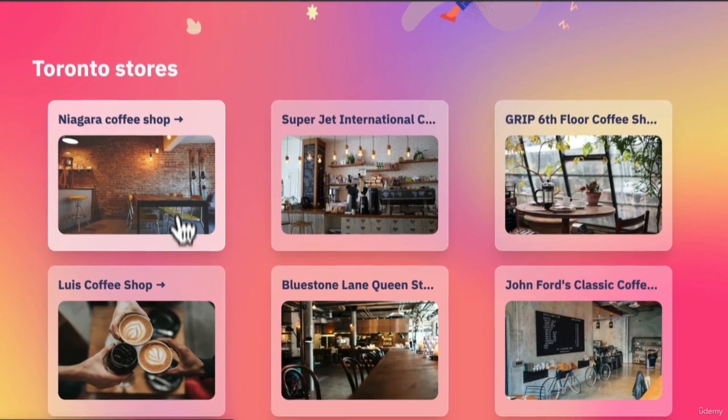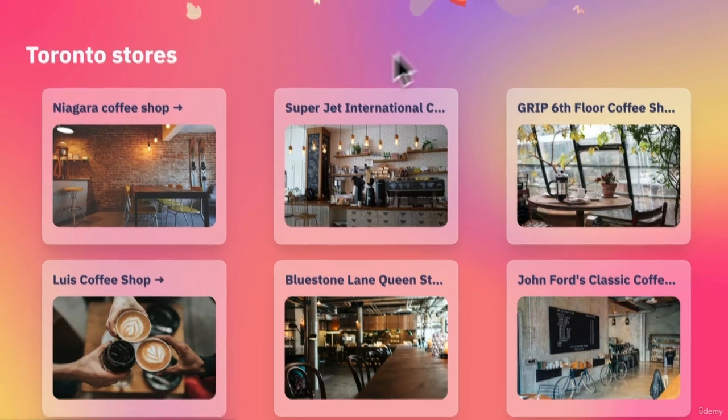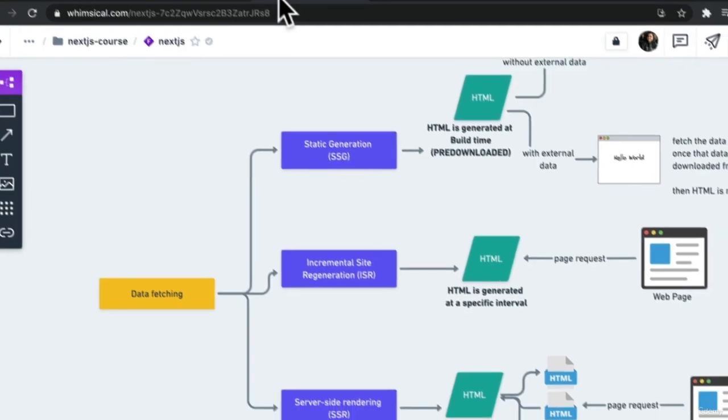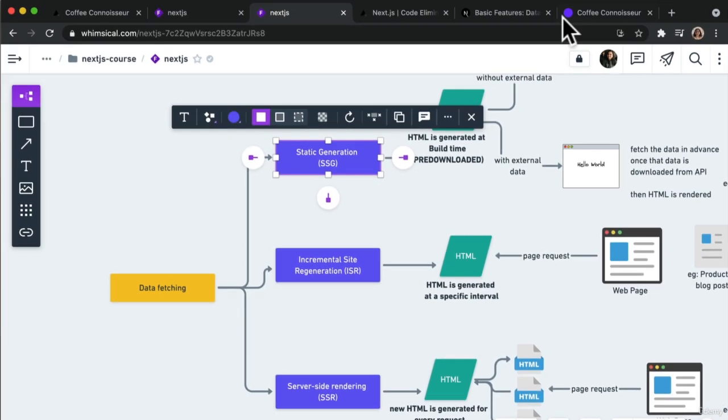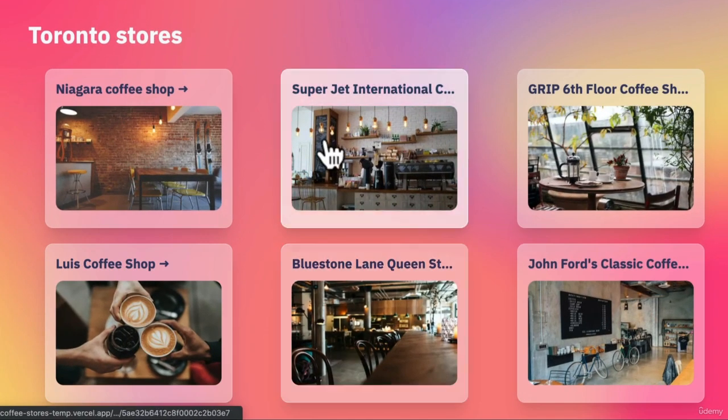Now, that's good. So let's pick a pre-rendering technique that we can use because this content can easily be pre-rendered using Next.js. So as part of that, we are going to pre-render this content using static generation. We are going to download this content in advance at build time, and we are going to store it in a CDN. Now, storing it on a CDN is taken care of by Next.js, but we will implement that function